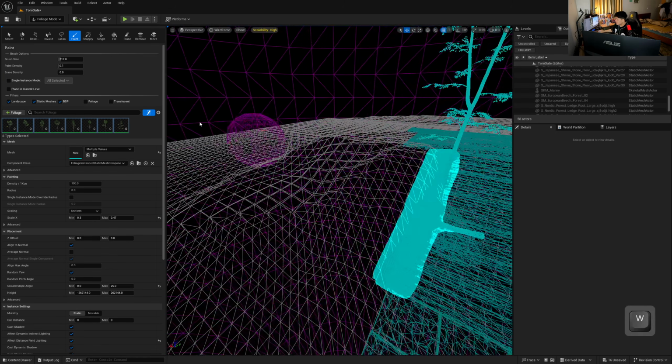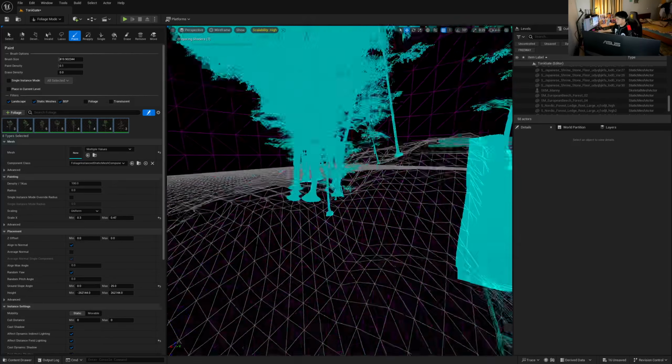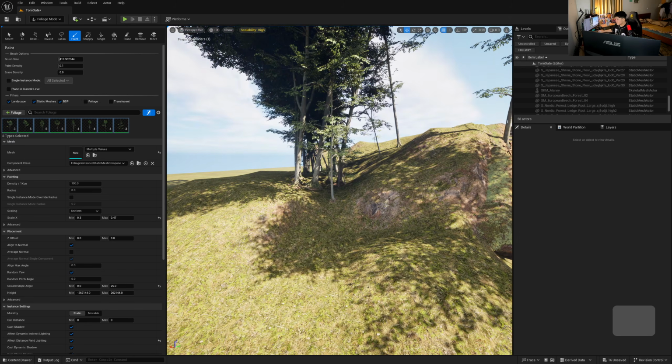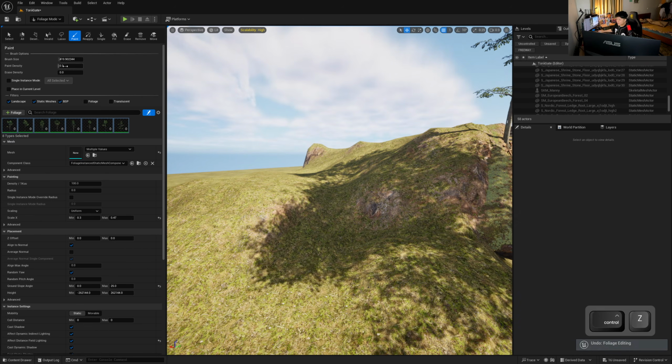We can go to wireframe and make the brush size down a little. Just give it a click to see the density of the thing here. I think it's pretty good. So Control Z on the keyboard. I might make this one